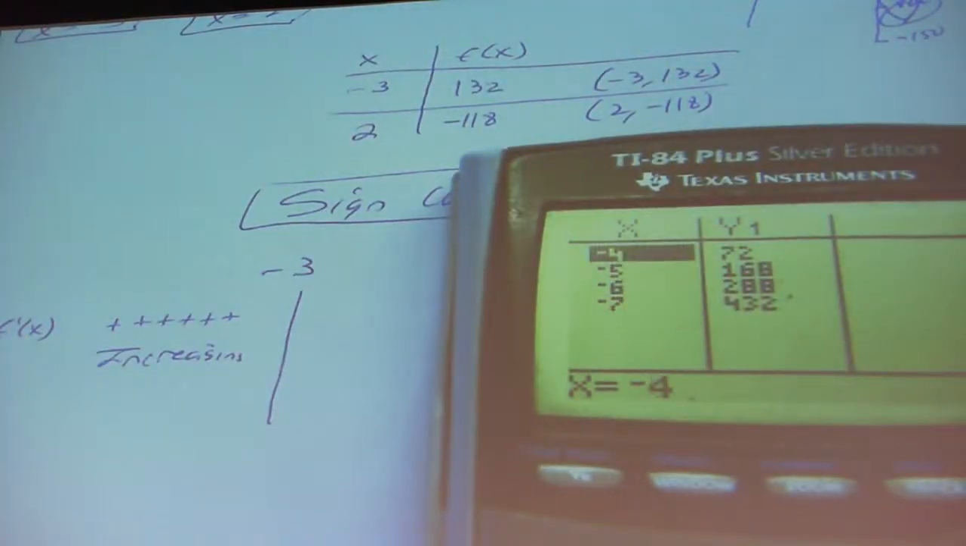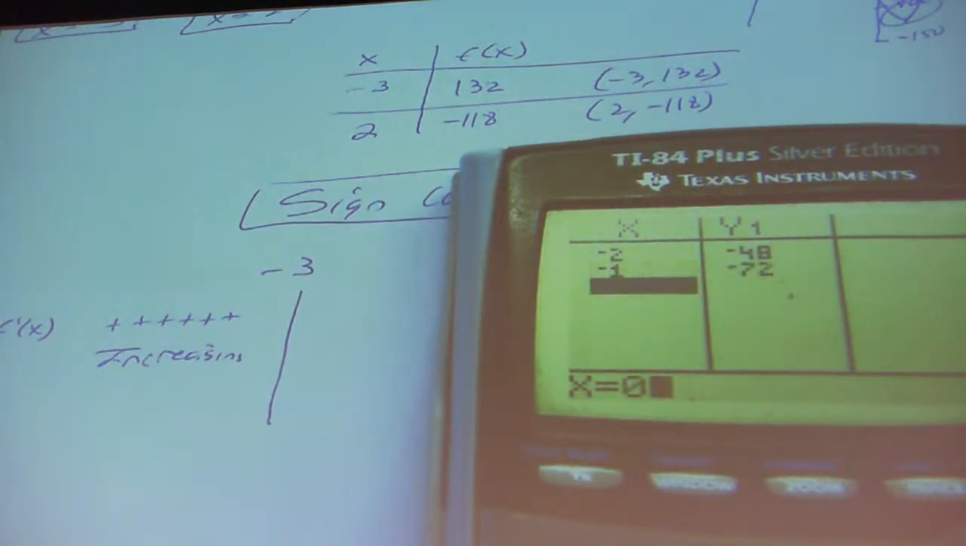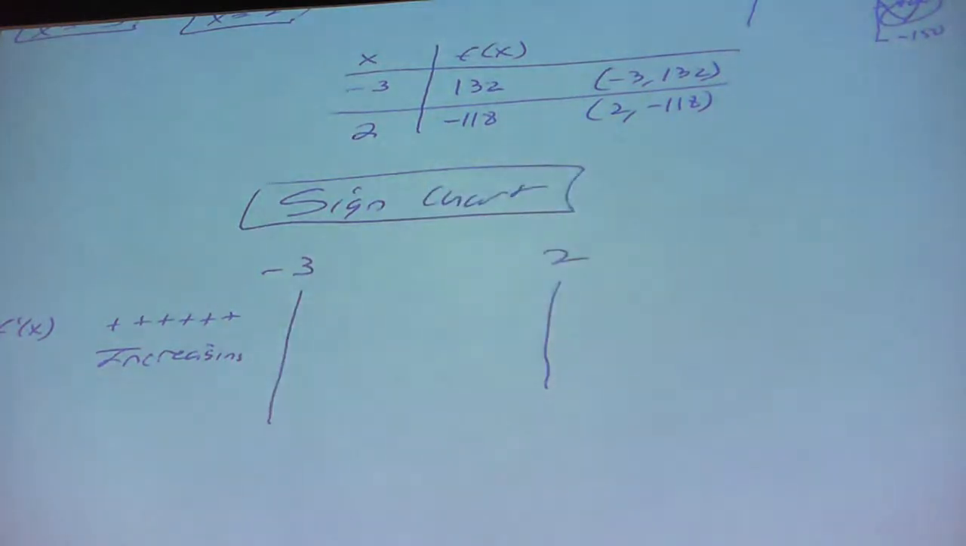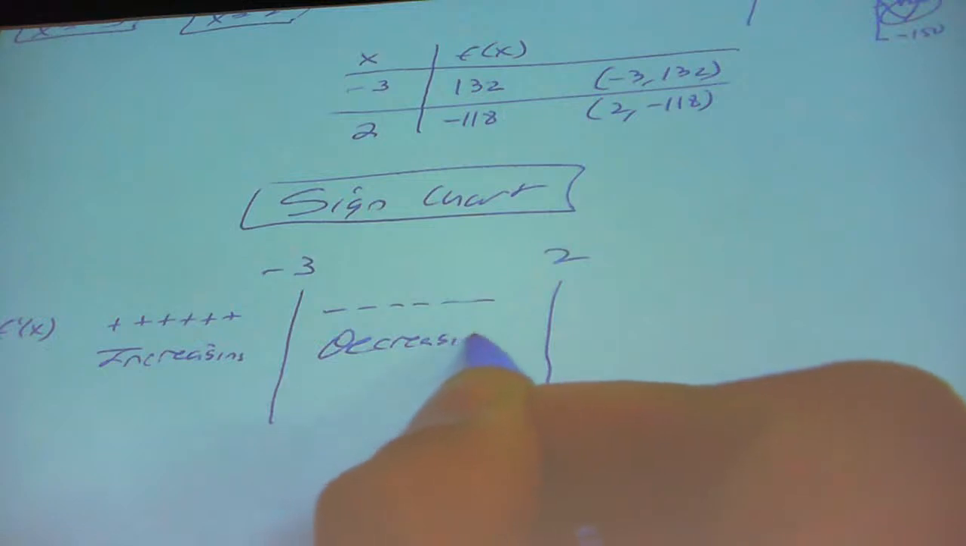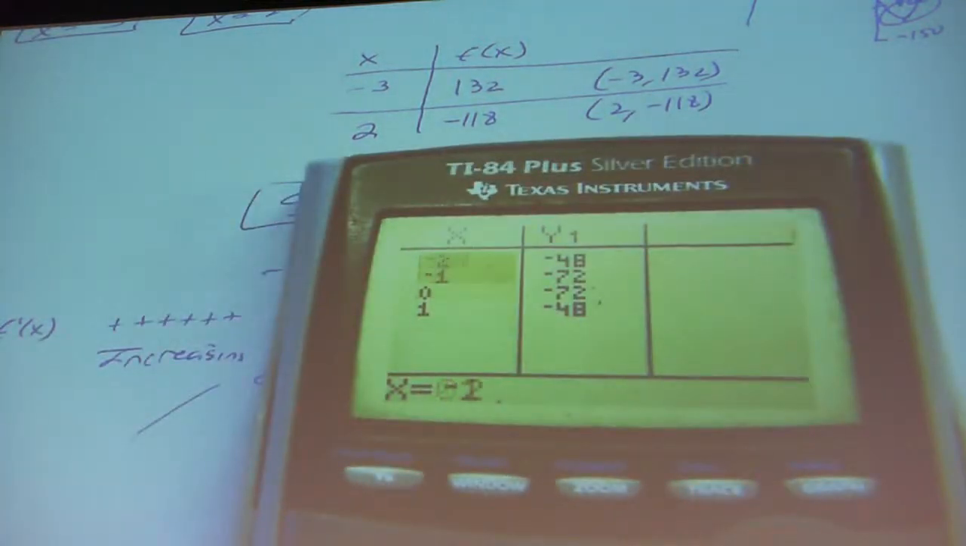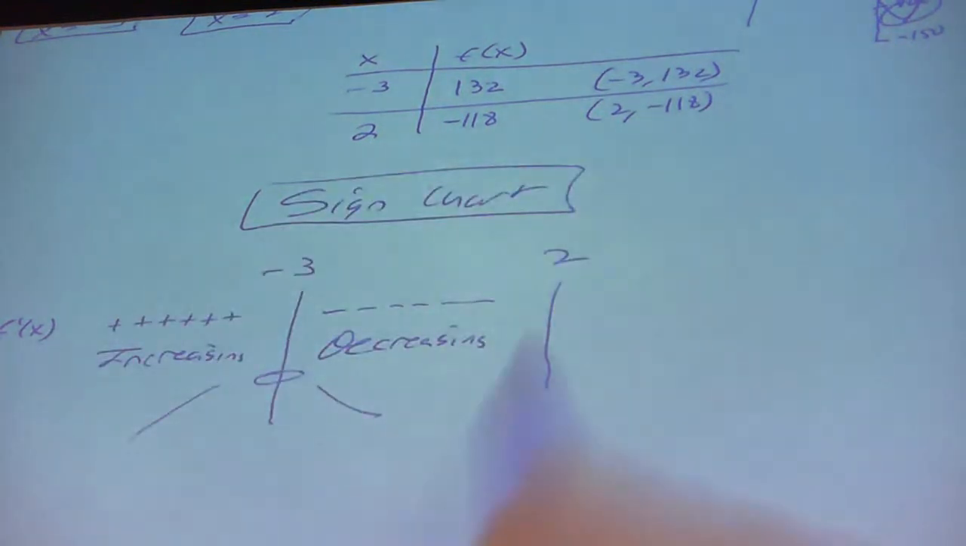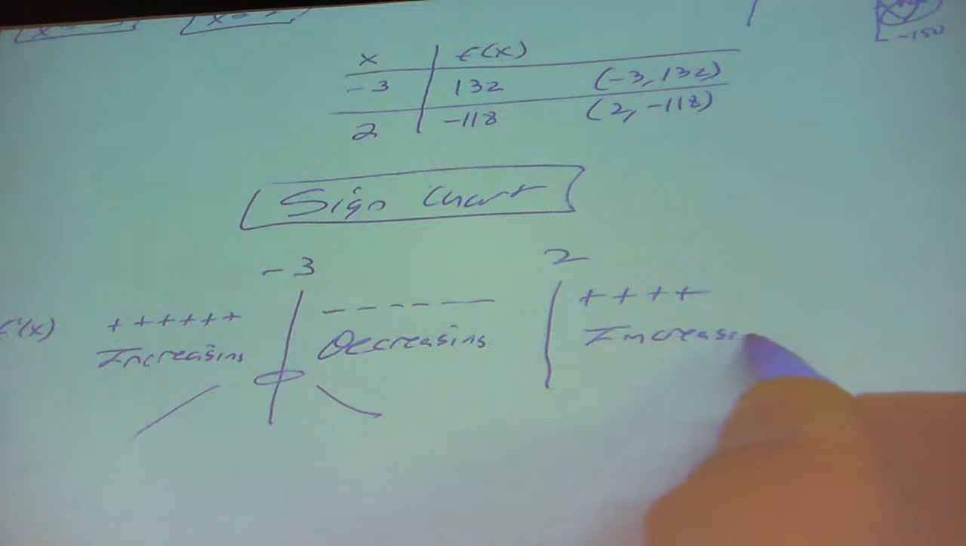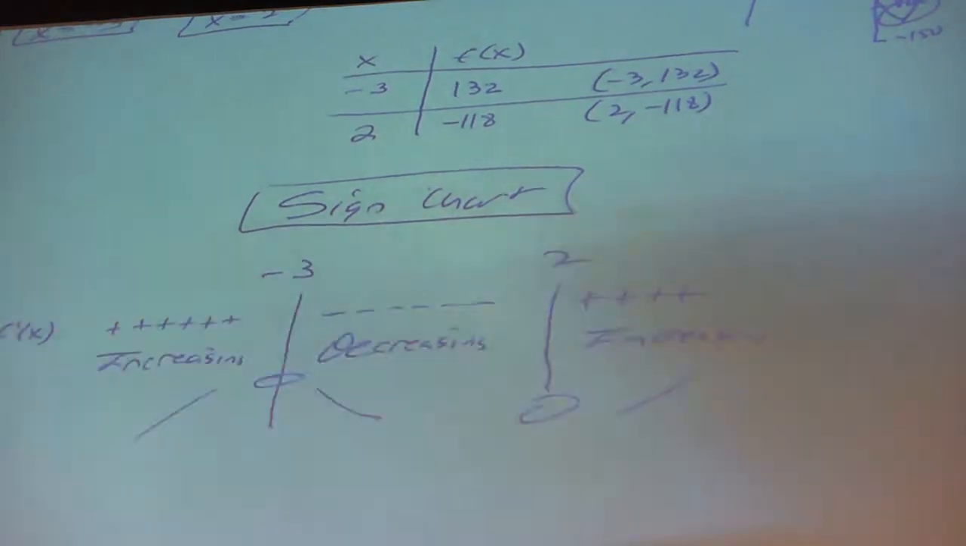Plug in numbers between negative 3 and 2, like negative 2, negative 1, 0, 1. All of those numbers are negative in the first derivative. That means it's where the graph is decreasing. So if it's increasing then decreasing, that's why we have a local max there. If I plug in numbers after 2, like 3, 4, 5, 6, notice all of those are positive. That's where the graph is increasing. So if we're going from decreasing to increasing, 2 would be a local min. Okay, that's all review